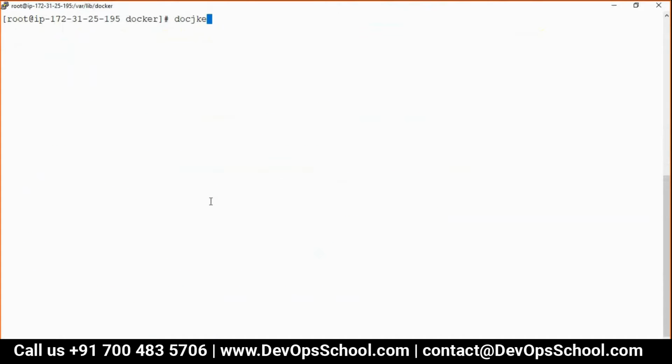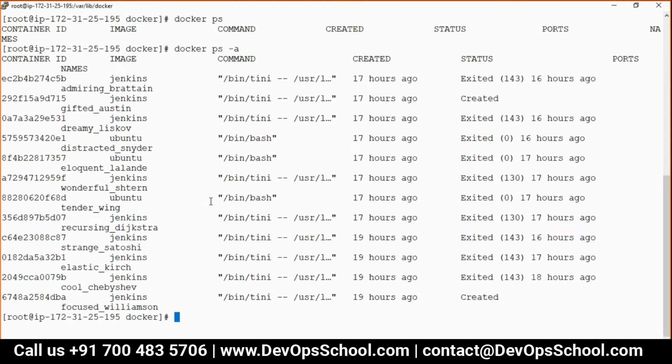Okay. So the cp command, I'm going to tell you. So do we have any containers? Let me show you. Okay, I don't have any containers. Do we have any container in exit mode? So many. And you know one thing, I am feeling a little bit lost because I have so many containers. I'm feeling lost, so you must be getting lost also.